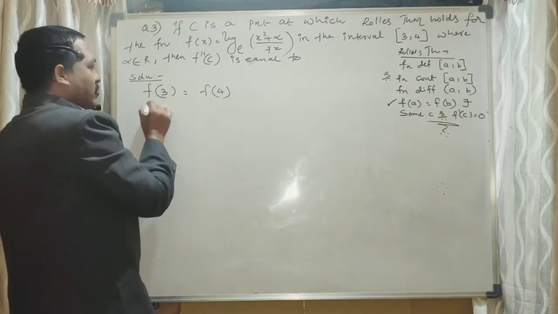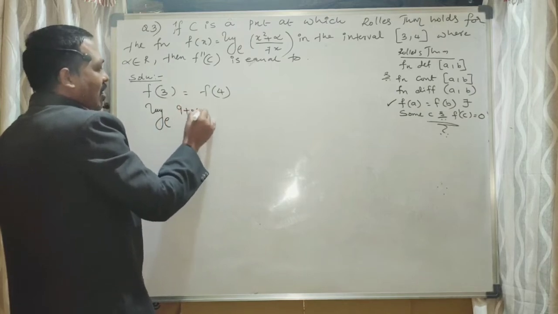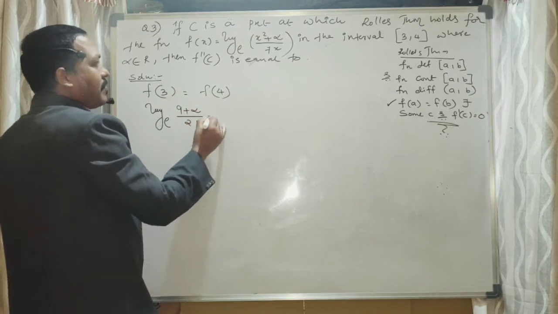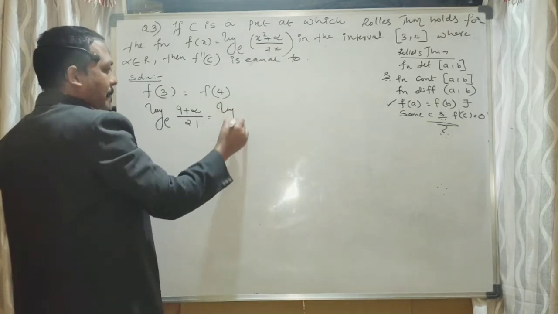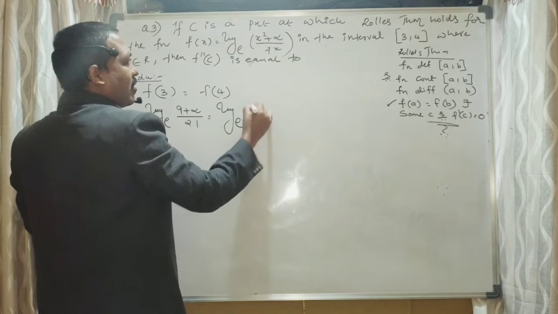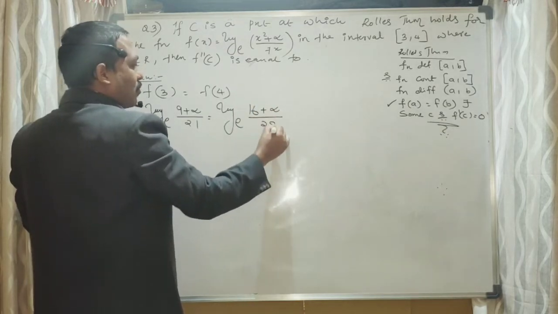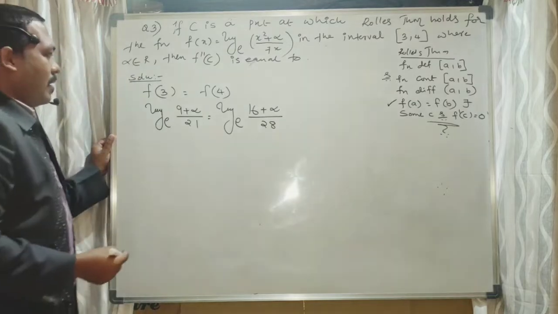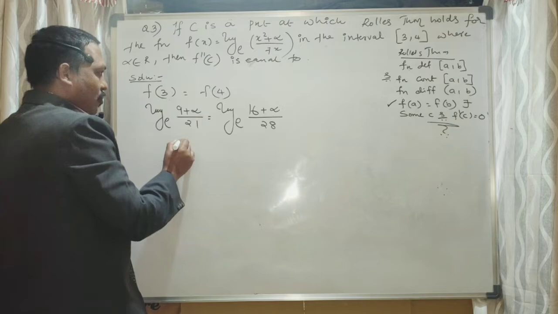f of 3 is log base e 9 plus alpha by 7 into 3, that is 21. f of 4 is log base e 16, 4 square is 16, plus alpha by 7 into 4, that is 28. Log base e cancelling from both sides. So 9 plus